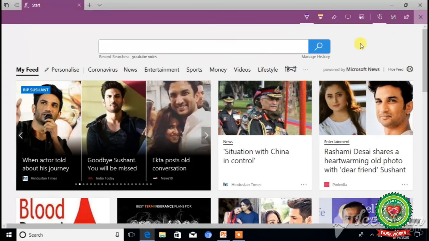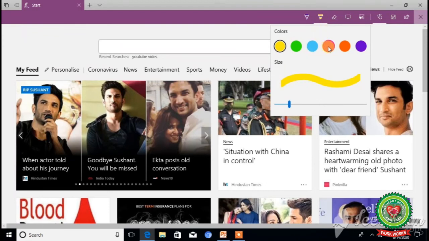When you click on this, a new tab will appear on the screen, and this second icon is known as highlighter. Means if you want to highlight any video on the screen, you will click on this highlighter icon.